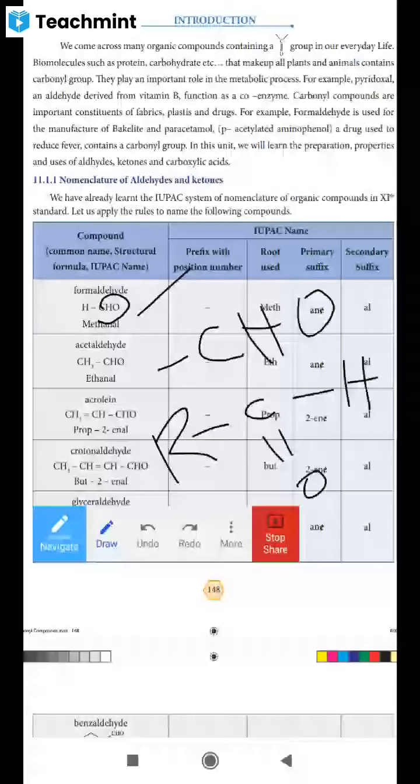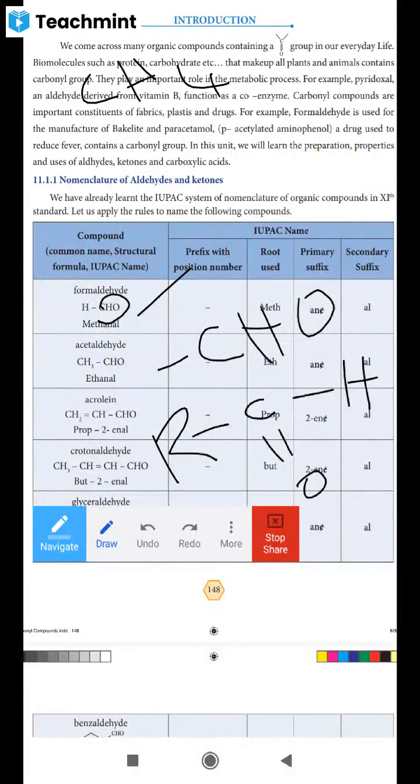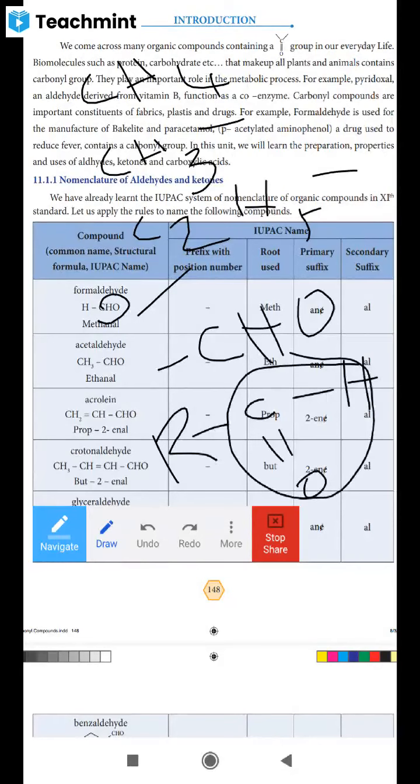Already we studied this in 11th. CH4 is methane, the first alkane. In that you remove one hydrogen, CH3, and one bond is free. These are all alkyls: methyl. Next one is ethyl, C2H5 is ethyl, with one bond free. Methyl, ethyl, propyl, butyl, pentyl. You are just removing one hydrogen to free up one bond. Only then can you add the functional group. So those groups are known as alkyl groups.